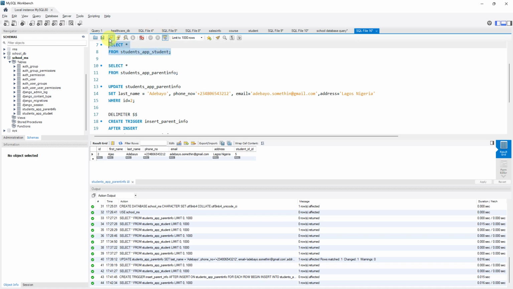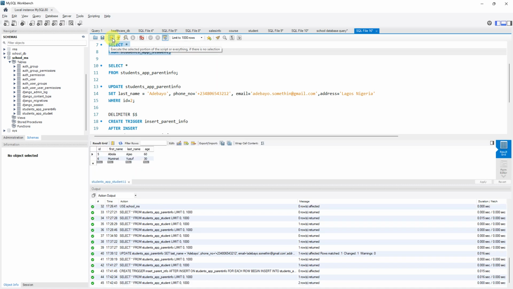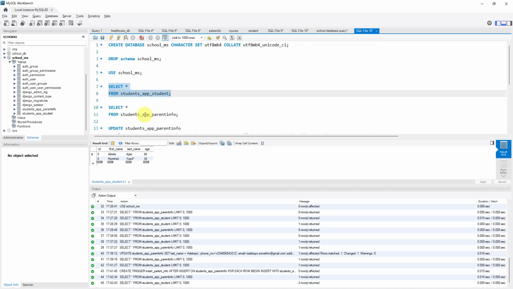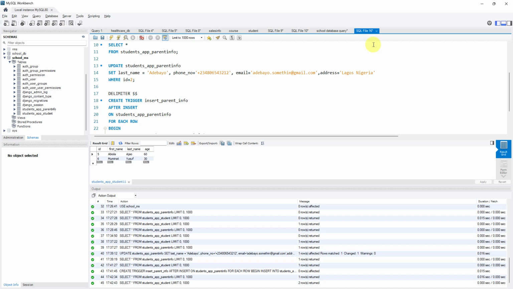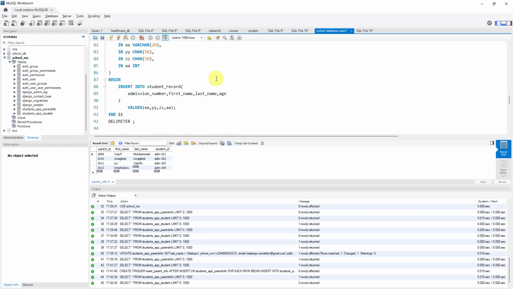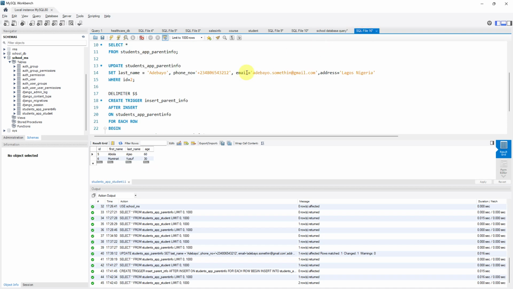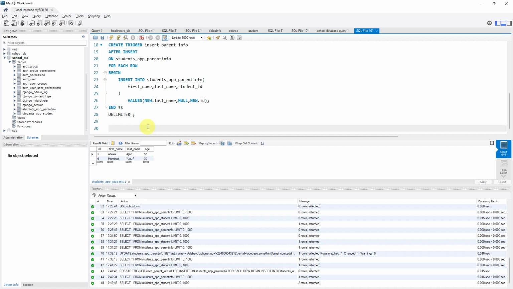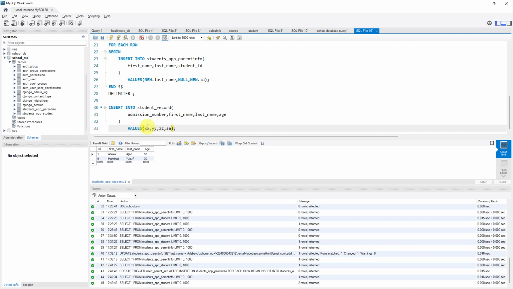Okay, the trigger is supposed to work because I have a new entry. You know what, let me do the insert and let's see if it is going to work from here. Let me do the insert, see if it is going to work from here. I don't know why the trigger did not work. So I would say